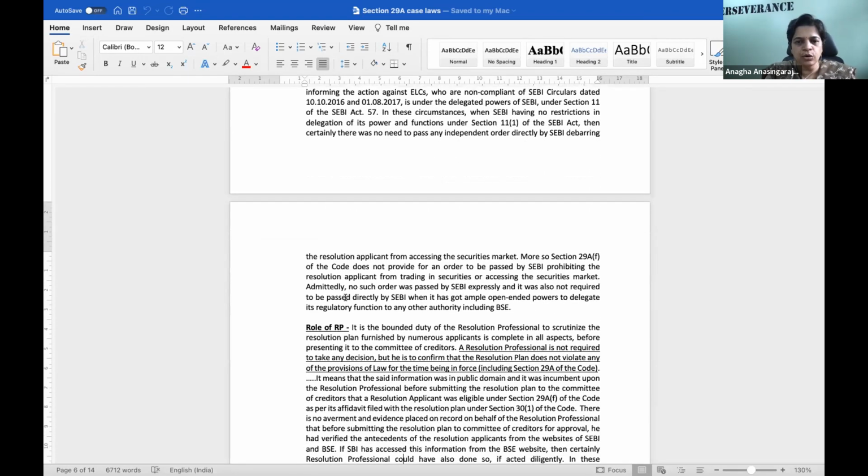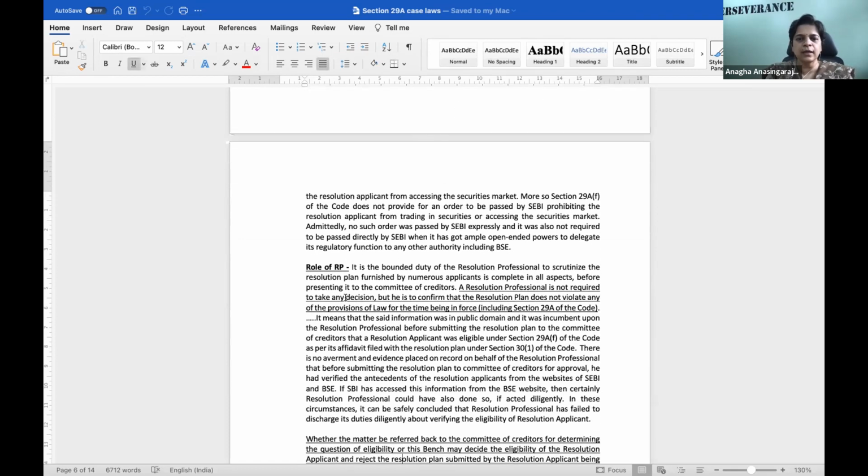So while discussing the role of the RP, what these cases say is that it is a bounden duty of the RP to scrutinize the plan furnished by numerous applicants, that it is complete in all respects, before presenting it to the COC. RP is not required to take any decision, but he is to confirm that the plan does not violate any of the provisions of the law for the time being in force, including section 29 of the code. It means that the said information was in public domain. So the information about this particular person being barred by SEBI from trading was in public domain,